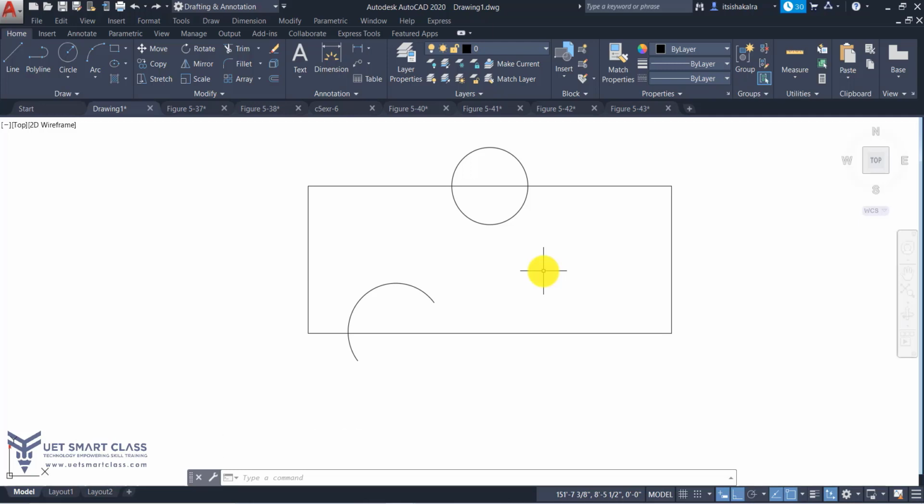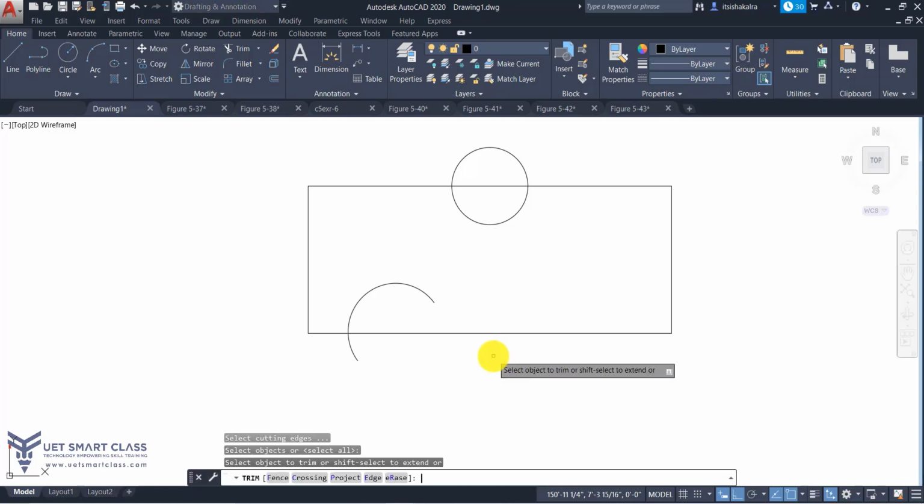But in such cases, there is one more extra tool which you can use in trim, which is not defined in the options. It is TR, that is the trim shortcut key, or trim as it is in your tool. But this can only be done when you use your TR or trim method in your command line. When you invoke your trim tool through Modify and you click on it, it will directly start selecting the objects. But when I go to trim through the command line, TR enter, I can use an extra method, that is double enter. When I double enter, I skip the cutting edge option. So I can directly trim the extra lines.